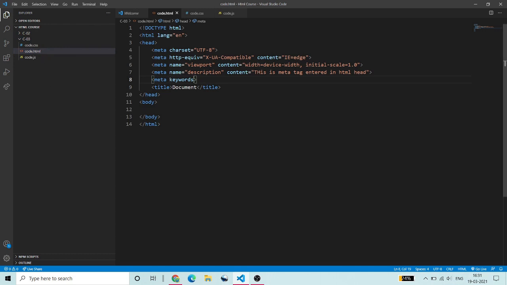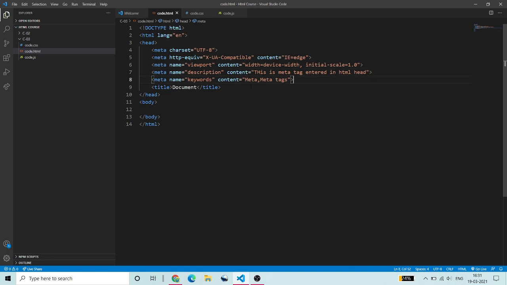So what should I search to find it? We have to enter what the user should enter for searching our website. So name, keywords, content. So whenever the user searches these meta tags, my website will be visible to them.